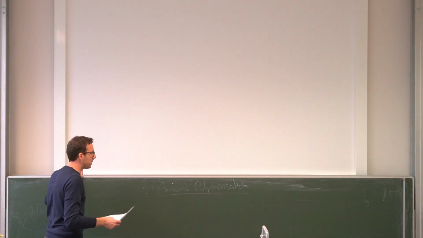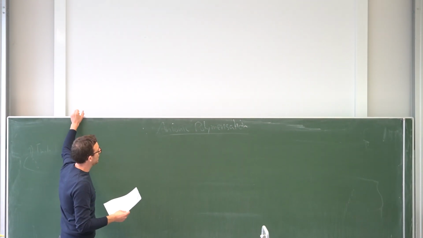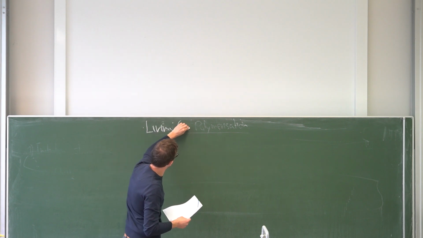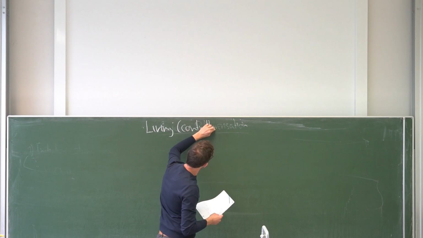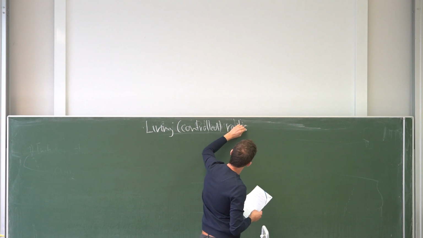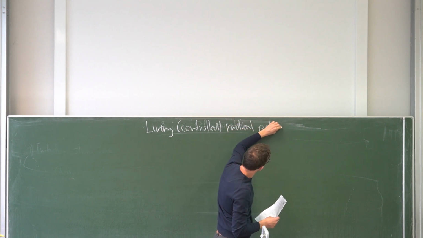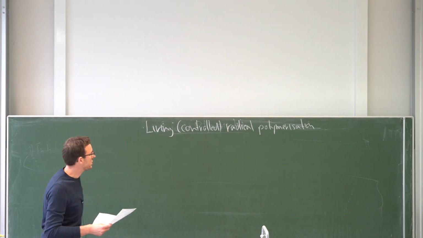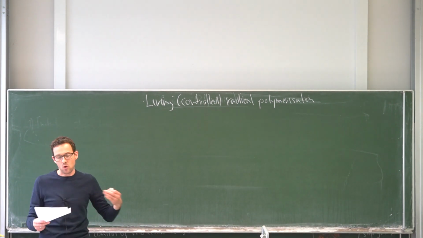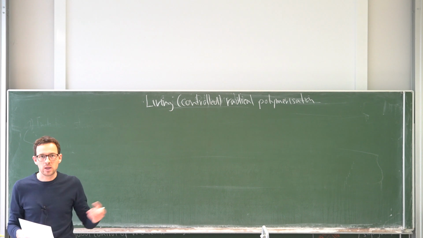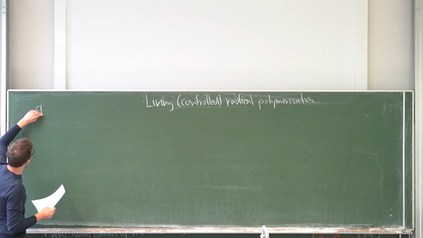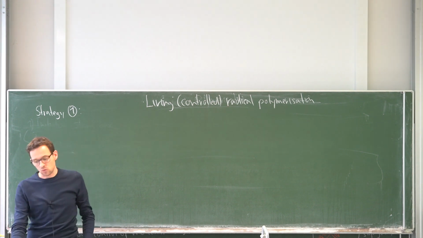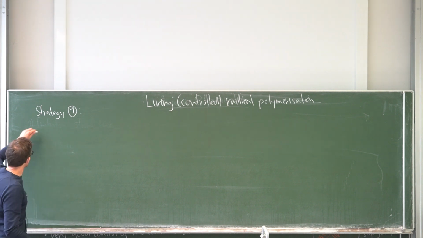And in order to do this, let's move back to the blackboard and see if we can do living or controlled radical polymerization. So the key principle for all these approaches is that we need to reversibly or temporarily shield the radical. And then we have two strategies. Strategy one is to simply hide the radical. So this is reversible